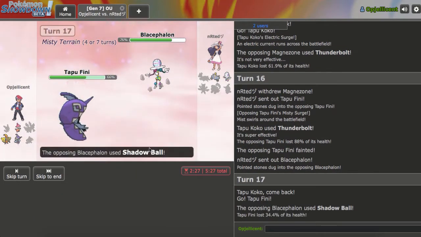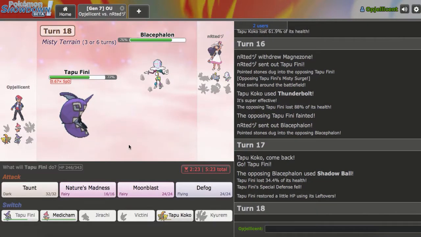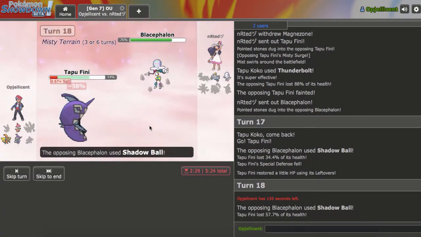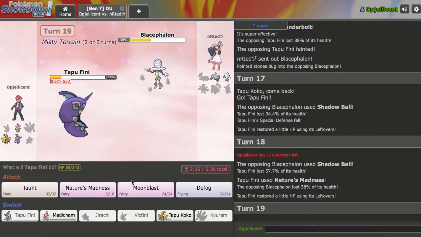Okay, all I need to do is have him not Spit F drop me, which he's going to get the Spit F drop. Dang. Alright, this is going to be interesting. I don't have Scrappy on Medicham or not a Mega Lopunny. I think the Spit F drop might be the thing that loses me the game. That's doing way too much. We do get a Nature's Madness off, and...